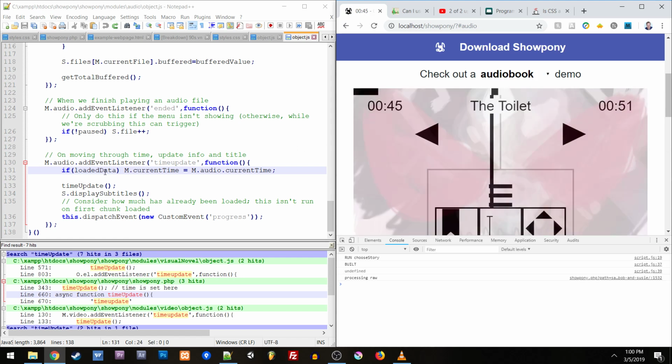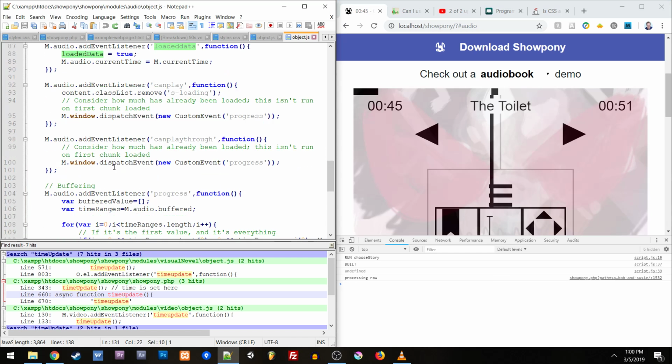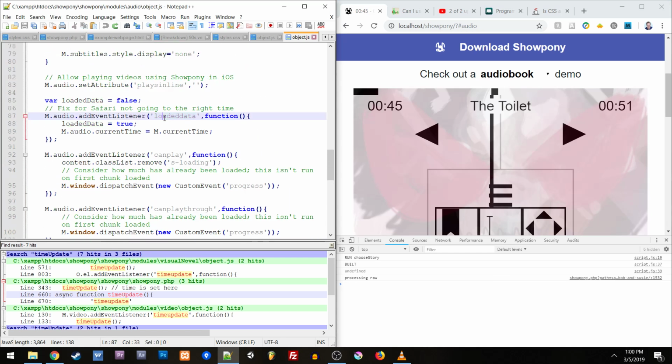So what is loaded data? Well, there's an event listener for video and audio called loaded data. And loaded data says, hey, we have loaded enough to kind of know the basics about this video or audio clip. So it ends up going, okay, well, we know that we have this amount of time. I assume that loaded data has loaded at this point the length of the audio or video clip. And so it says, okay, well, we have loaded this. I guess that we can end up setting the current time